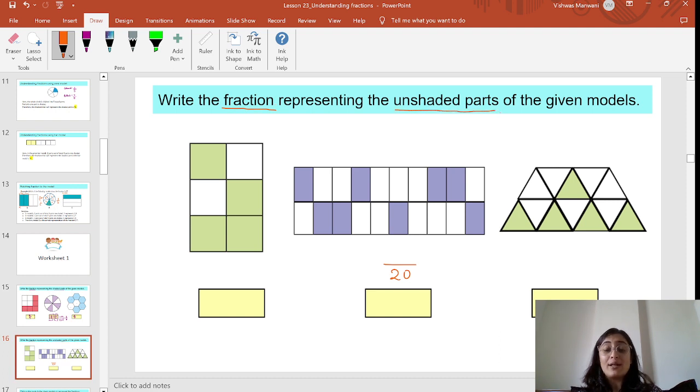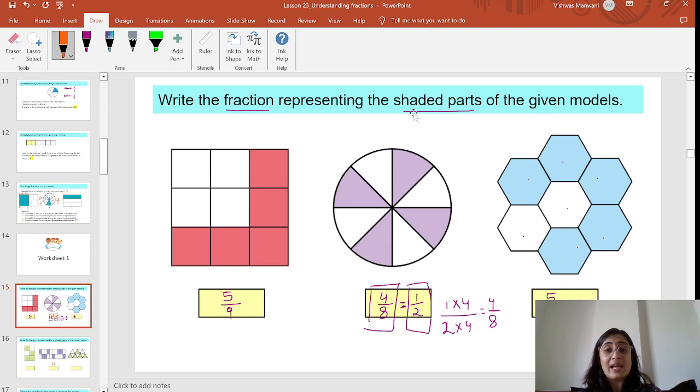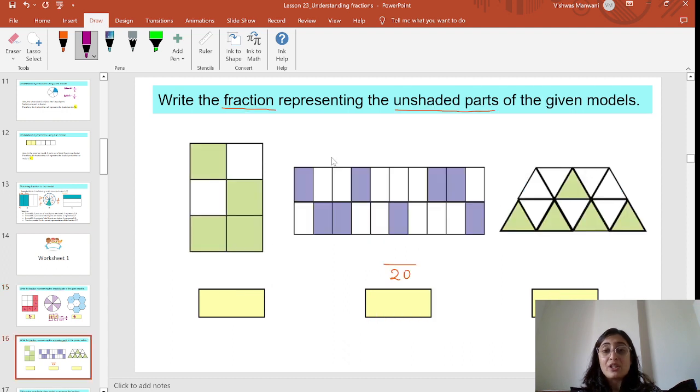So please focus. Till now in the last exercise we were doing the shaded parts. So that is why we were counting how many boxes were shaded. Like in this case we said 1, 2, 3, 4, 5. So because 5 boxes were shaded, we put 5 in the numerator. But here, since they are asking the number of unshaded parts, we will have to count the number of